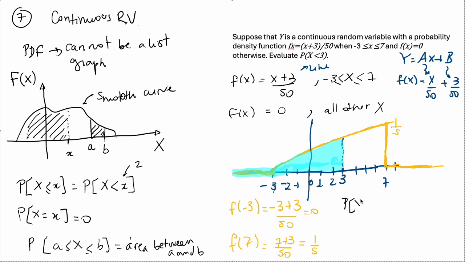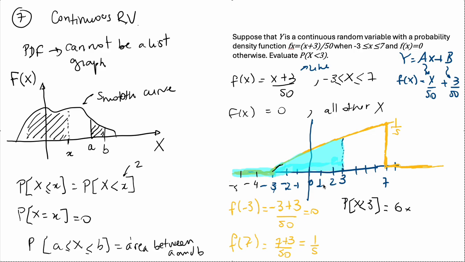The probability of x being less than 3 is this area. Well, up until -3, like -4, -5, up until this, the area is 0. So I don't have to mind that area. After that is this triangle here. So what is the width of the triangle? Well, it goes from -3 to 3. So 1, 2, 3, 4, 5, 6. Right? It has a length of 6. This width here is 6